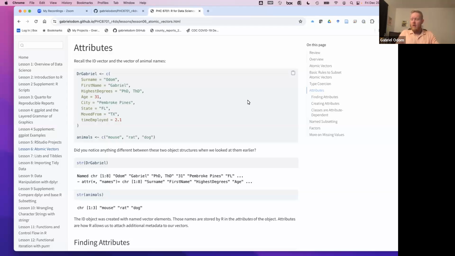Hi, and welcome back. So last time we talked about the idea of type coercion, that whenever you mix inside of an atomic vector different elements that have different classes, then we move in order from least complex to most complex. And the least complex is logical. Then we have integer information, then numeric or real numbers. So that's anything with decimal places,